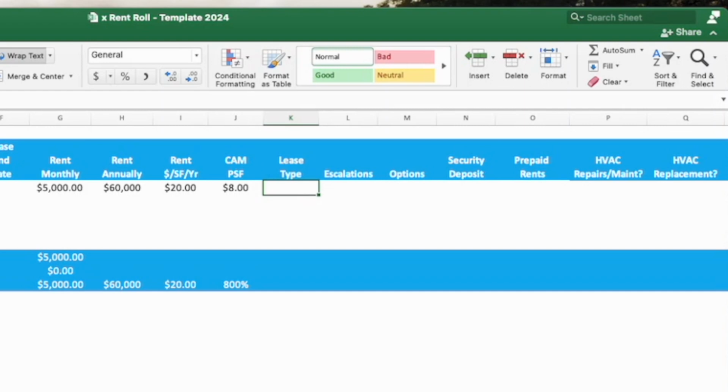Because there are some leases, specifically with the national guys, like a Chipotle or a Starbucks I've seen, they'll say the tenant will pay for your property taxes, but by the way, you can only raise them up 5% per year. And there are some cases, like just very recently, this year and last year, property taxes have gone up 20, 25% in some places, maybe more. And there are caps on insurance as well, which here in Florida in the past couple of years, we've seen insurance double, triple, through multiple properties. So it's very important that once you pass the rent roll stage and you're digging into the leases, you got to comb it with a fine comb and make sure that you are understanding